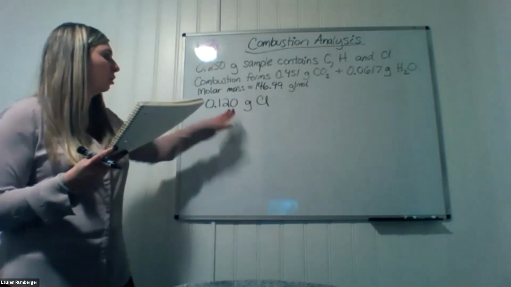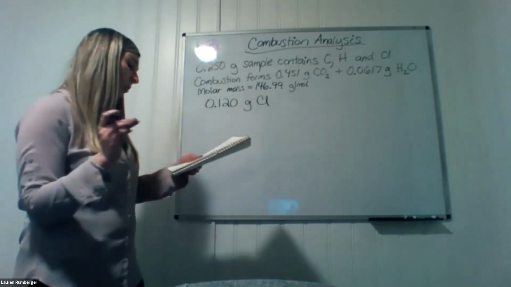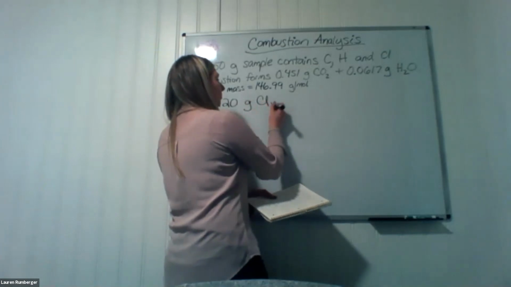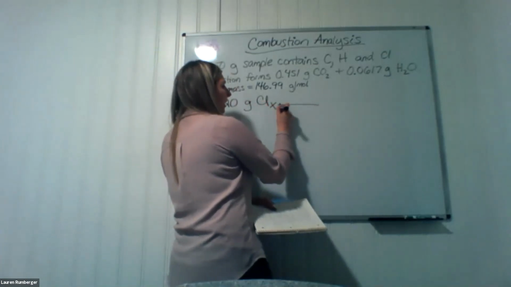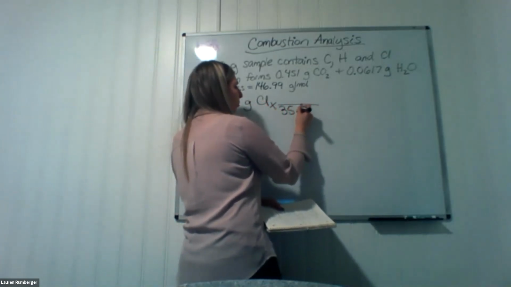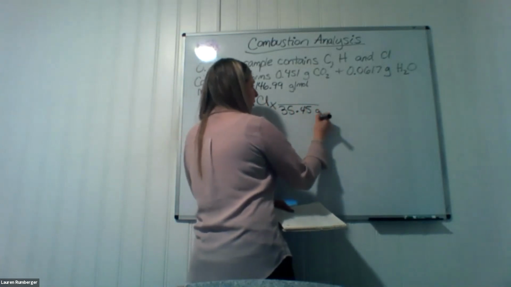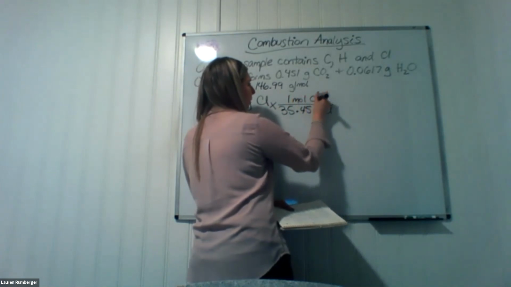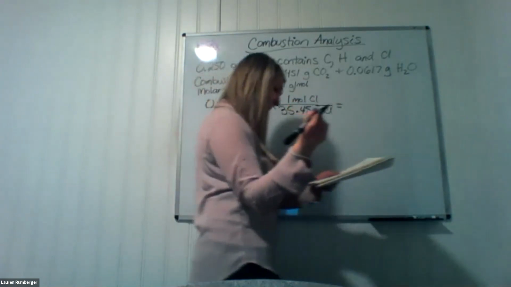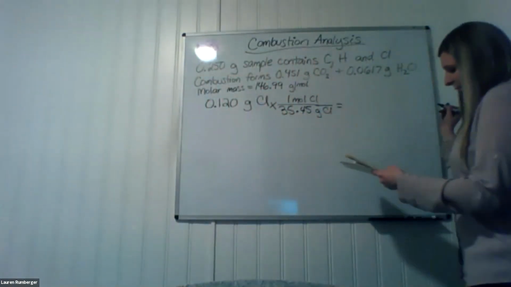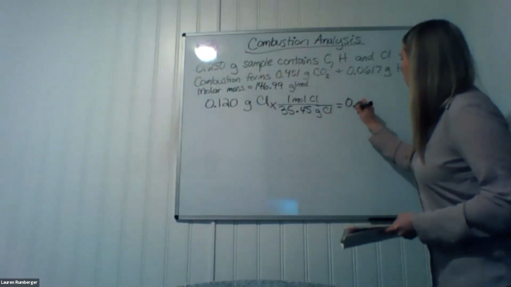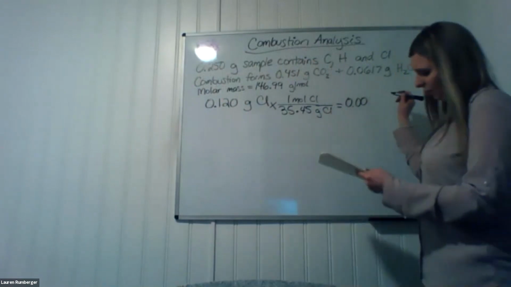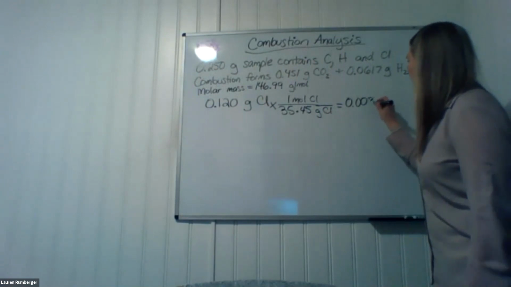So we need to change the mass of the chlorine into moles. The molar mass of chlorine is 35.45 grams of chlorine per 1 mole of chlorine. This is going to give us 0.00339